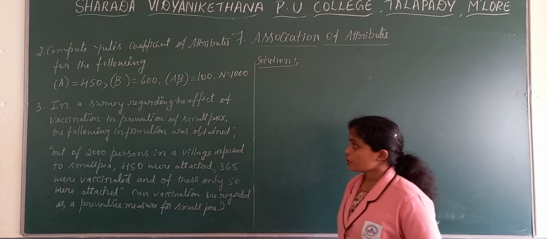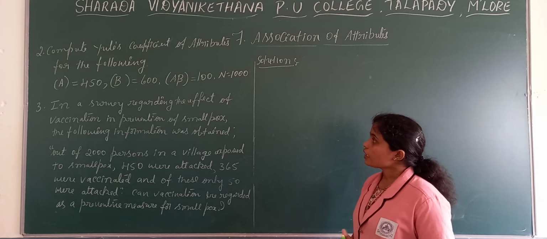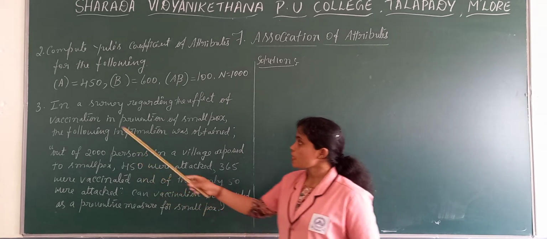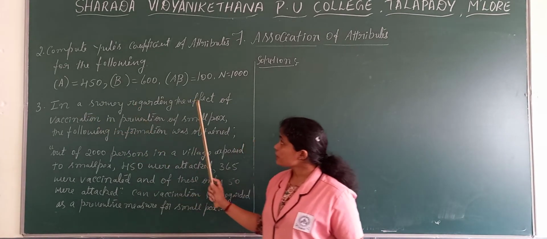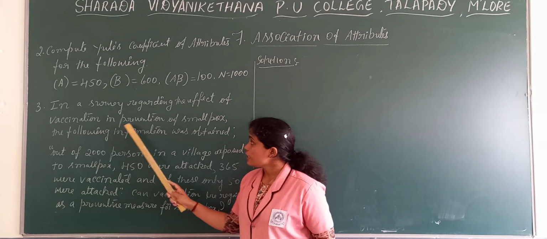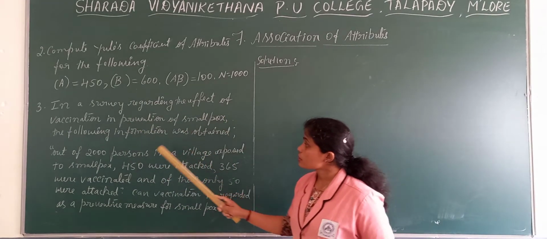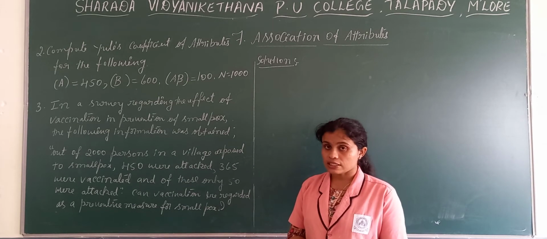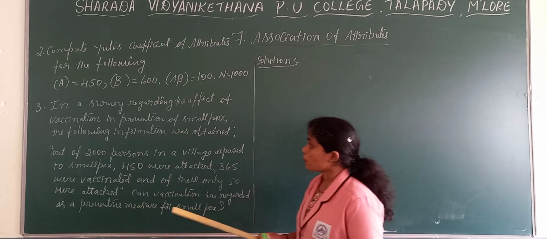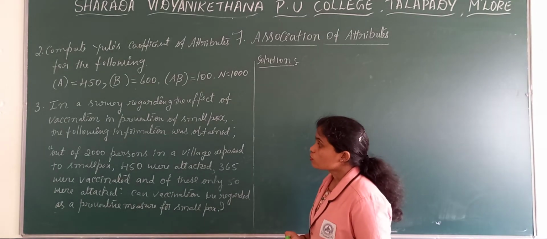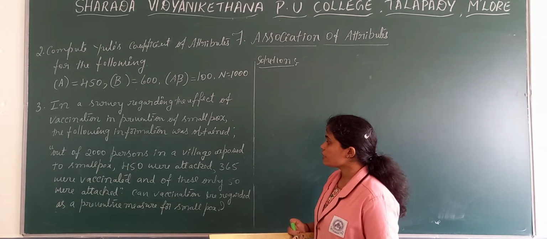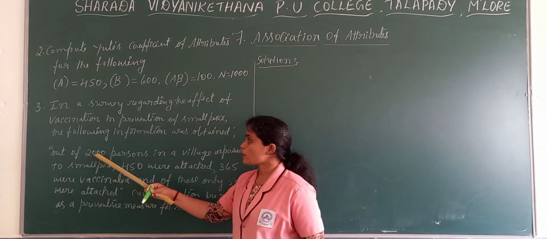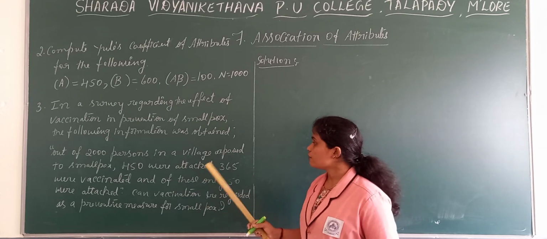Now, in the third question, in a survey regarding the effect of vaccination in prevention of smallpox, the following information was obtained. It's about how to prevent the smallpox. Out of 2,000 persons in a village, the total number of people are 2,000 in a village exposed